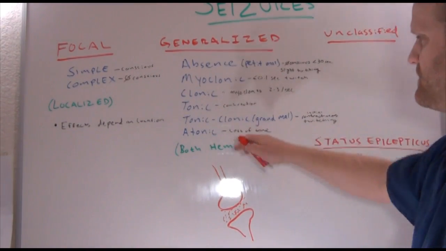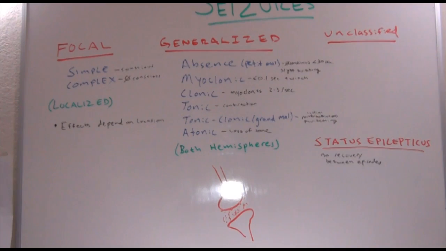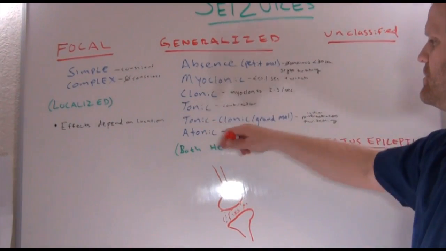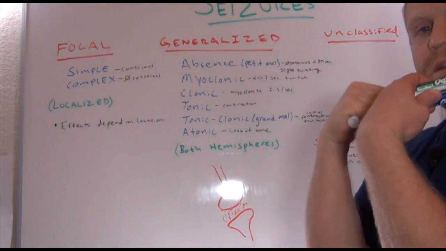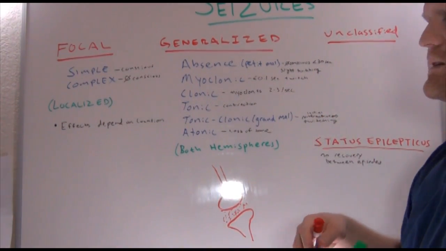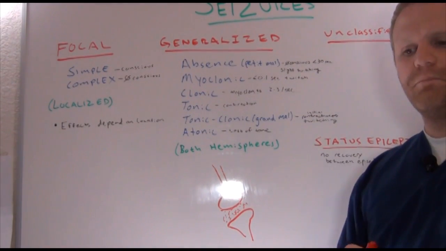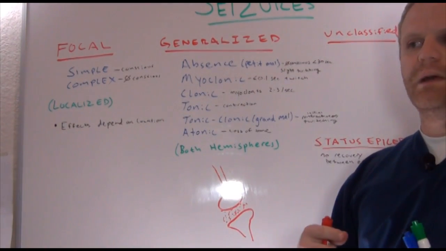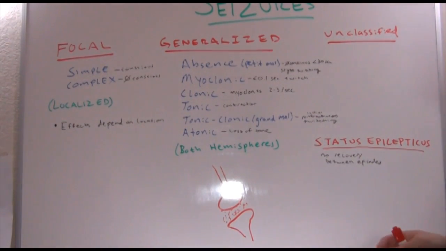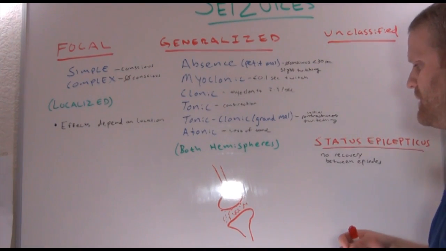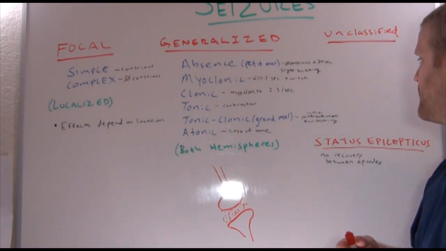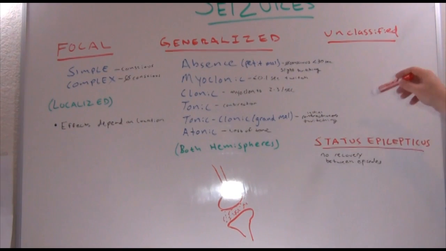So a lot of times these are the patients that are going to be admitted to the hospital, to your neuro floor, or to your neuro ICU, or possibly your ICU. So what'll happen is they'll have this tight contraction, and then they'll start twitching. And they may lose consciousness. When they wake up, they may have this feeling that they don't remember what happened. They don't remember how long it happened. And before patients have seizures, sometimes they'll have this aura where they can sense that it's coming. Okay? And then we have unclassified seizures.